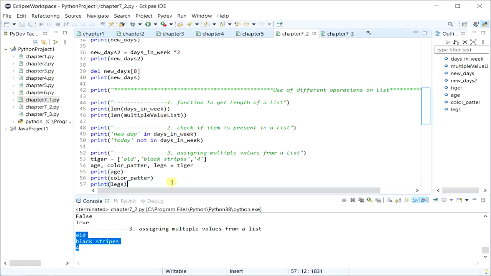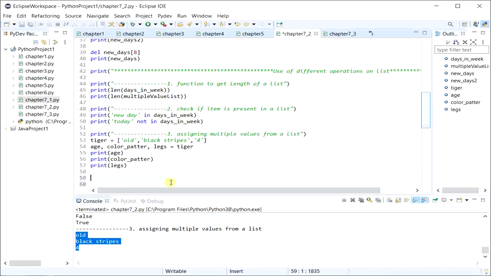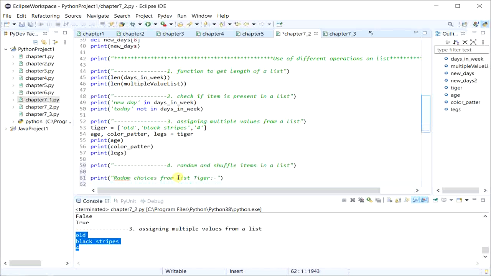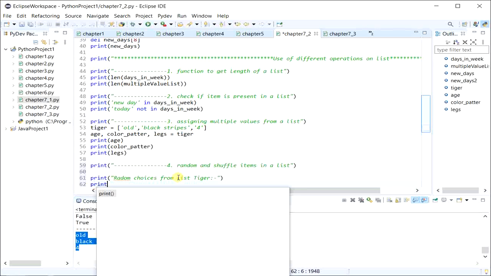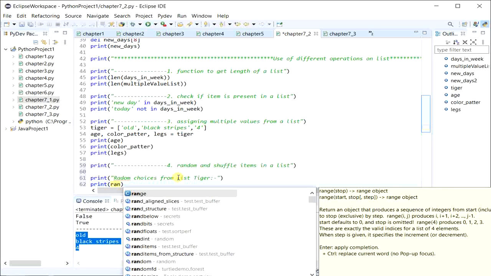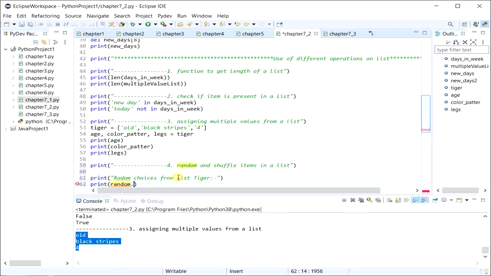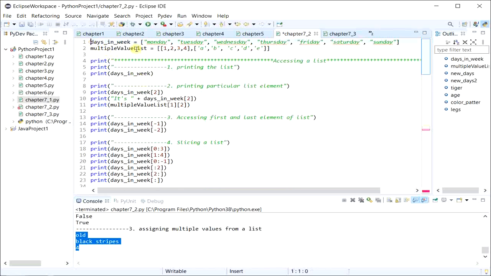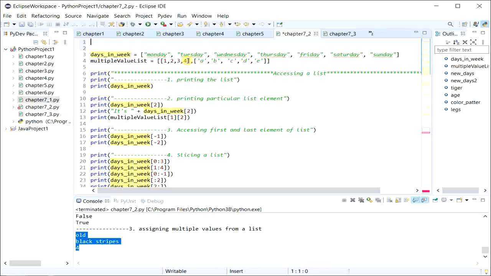The fourth operation which we can do on the list is random shuffling. So consider the same example where you have the list named tiger, and you want any random value from the list. So inside the print statement itself, I am calling a function called random. For this I have to import this particular class or module.